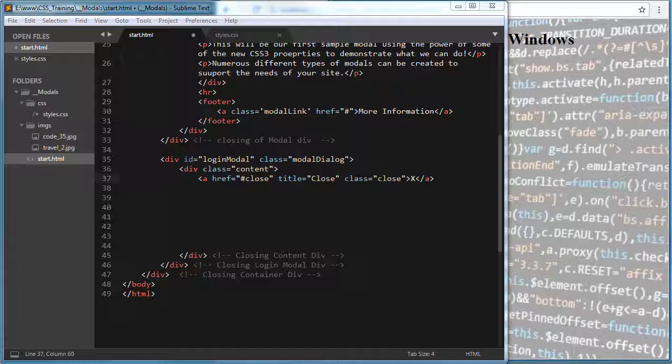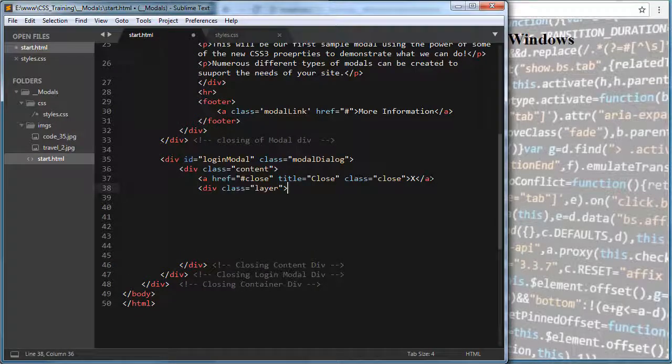Then I'm going to open up another div with a class of layer right below that anchor tag. So I'm going to come right below it. I'm going to open up another div with a class of layer. Then I'm going to put in my closing div tag for the layer. And again, I'm just going to go ahead and make the comment that that's the closing div for the layer. And then right inside there,